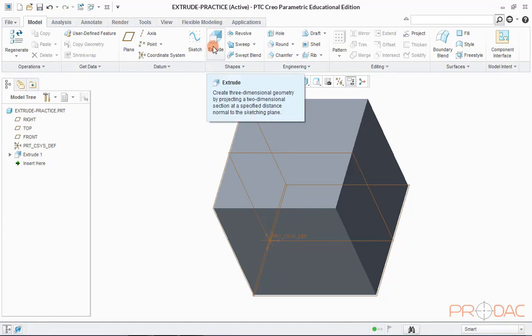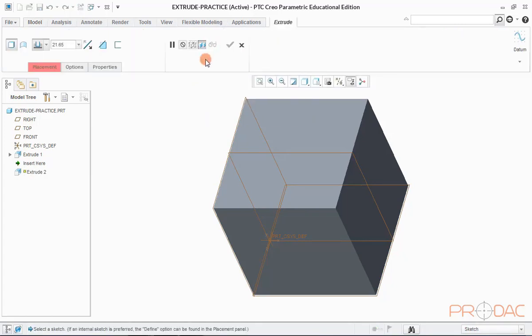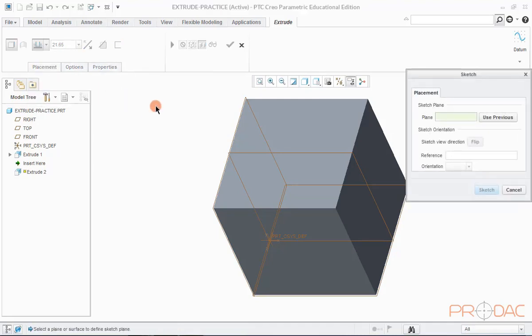Now, we'll proceed for step 2 by clicking on Extrude once again. Click on the placement and then click on Define. Reorient the model in such a way that top surface becomes parallel to screen.